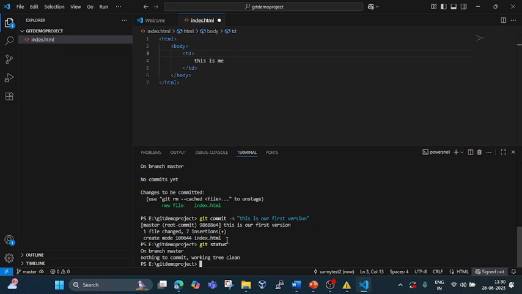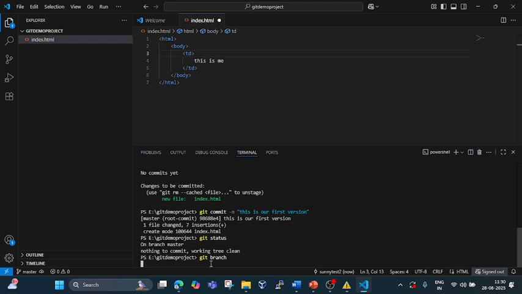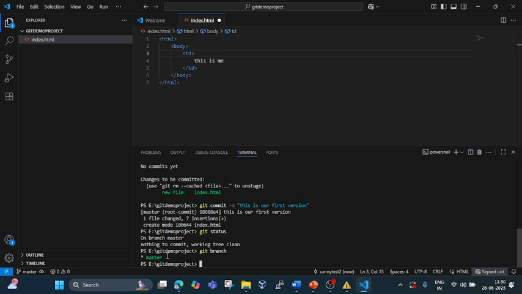Now here, if you check one thing: on branch master. So what's branch master here? The master is the branch name where we are pointed. So it is the branch name. And if you have to check this with a command, you can check git branch. See, it's showing us master. So master is the branch name, and don't get confused. So we have understood how to add a file to our repository and then how to commit that.